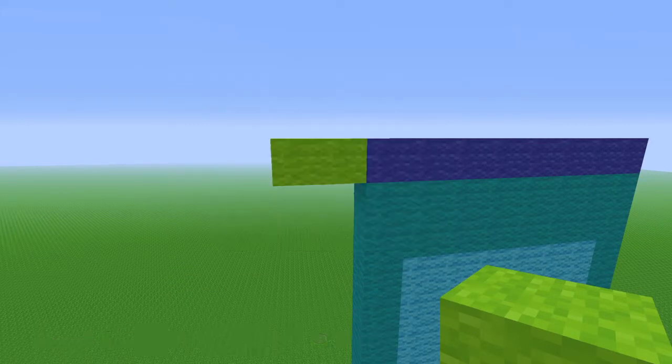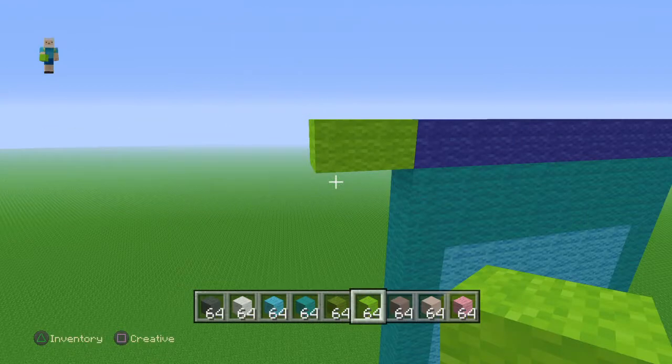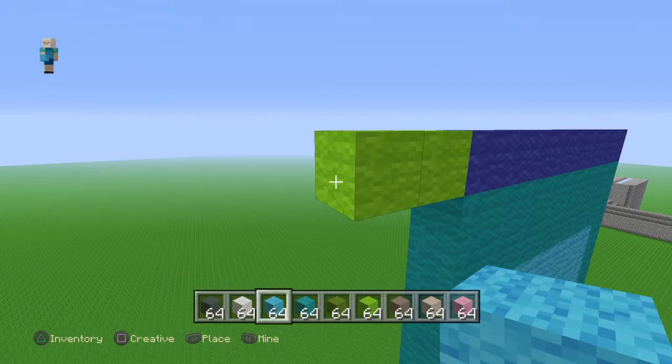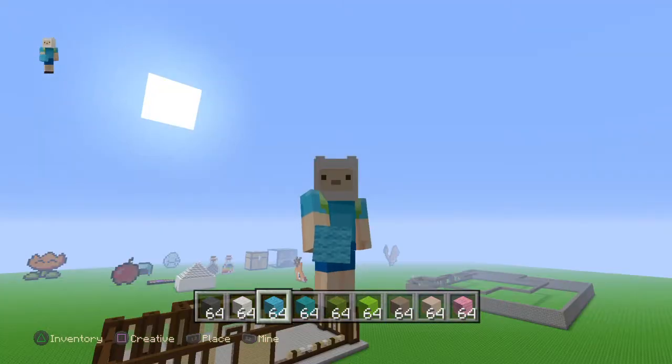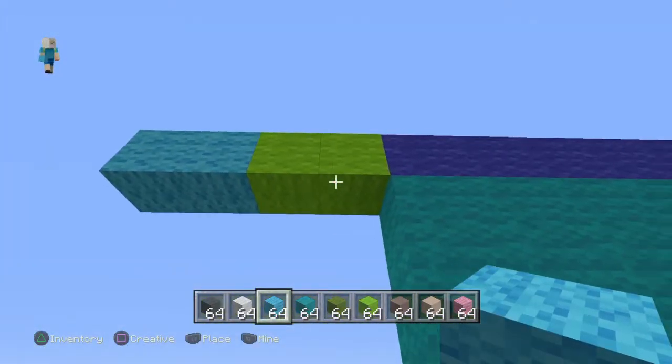You sure this is lime wool? It just looks so weird now. Then you want to get your light blue out, and you want to extend it by 2 from this lime wool block. So 1, 2. Then once you've done that, this is what you want to do. Come do this down